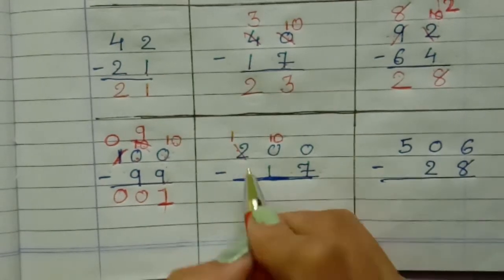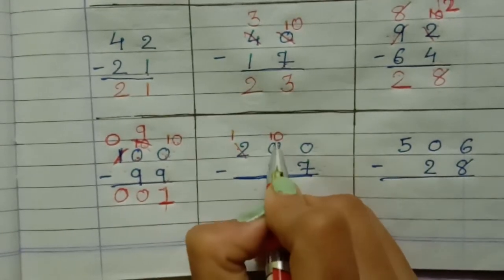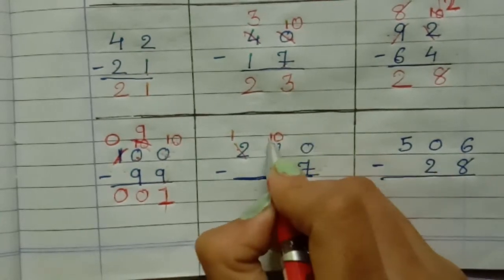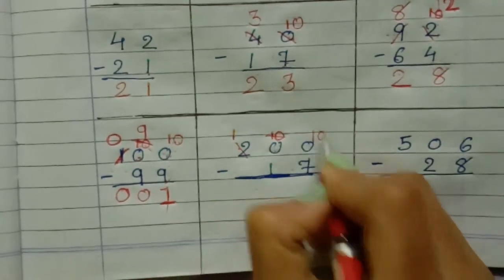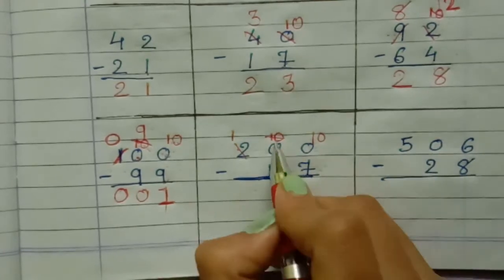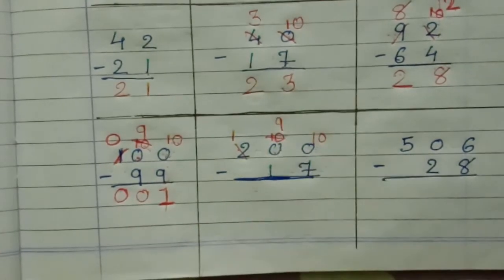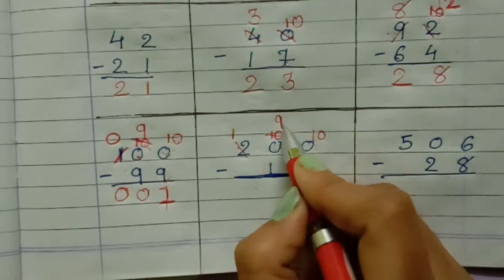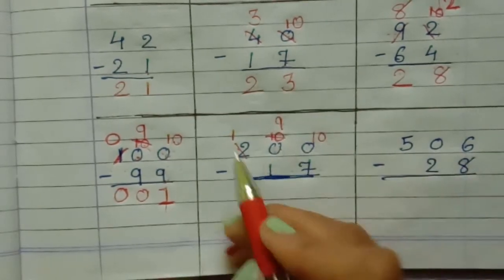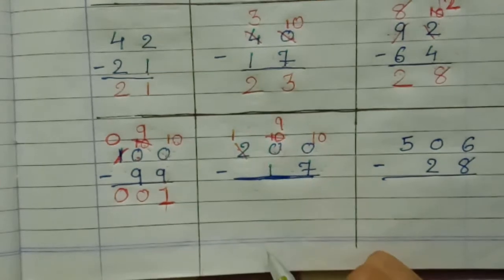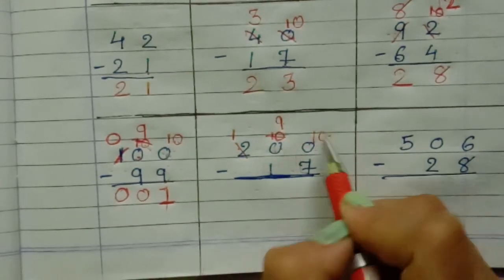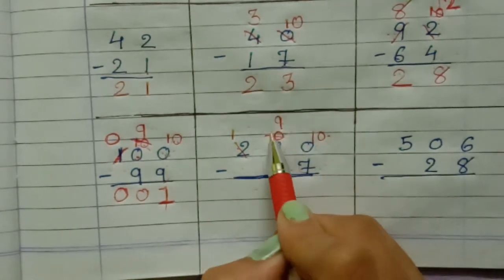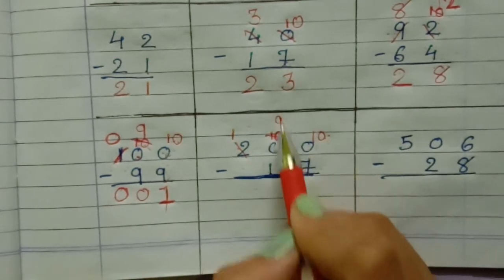Now here this 0 will borrow 1/10 from this 0. So it has remained 9. 1/10 दे दिया है. Here this is the tens place, this one is the hundred place, and this one is the ones place. Ones, tens and hundred place. Okay. So you are thinking 10 दे दिया है तो here 0 रहेगा.